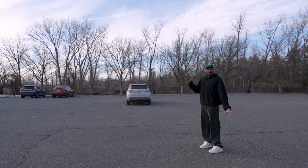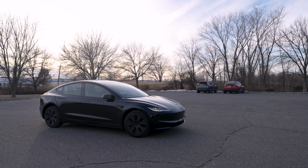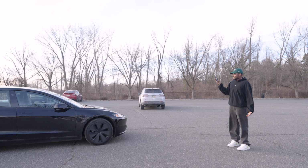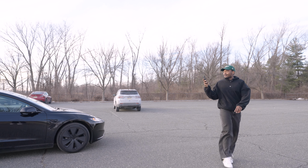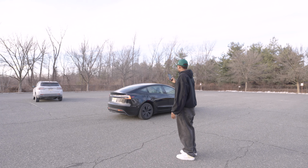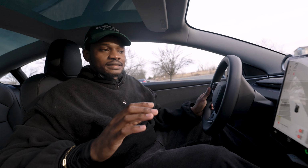It's very slow, but it's not bad. Oh, waiting for pedestrian. Okay. Oh. Okay. You left me. So another good thing about it is you can actually park the car, like the car can